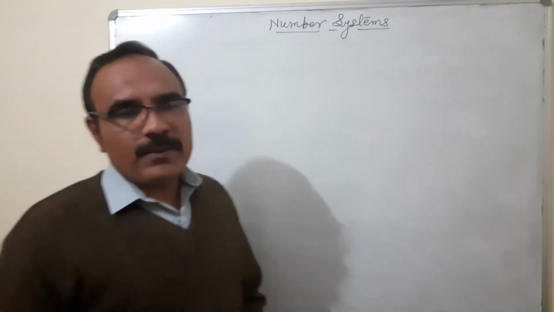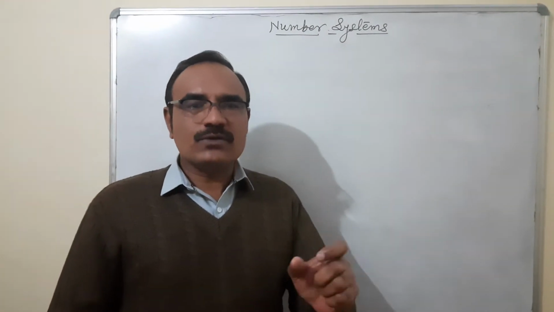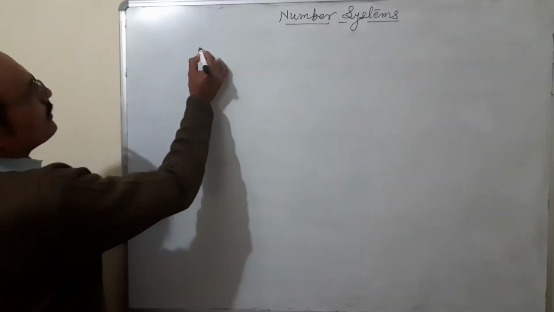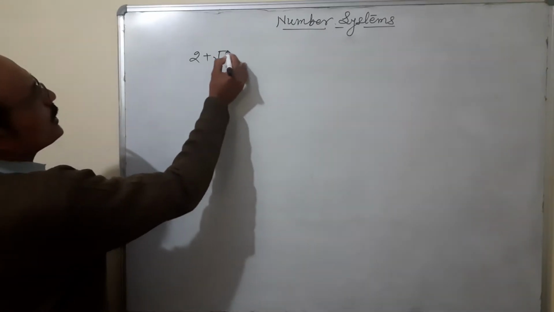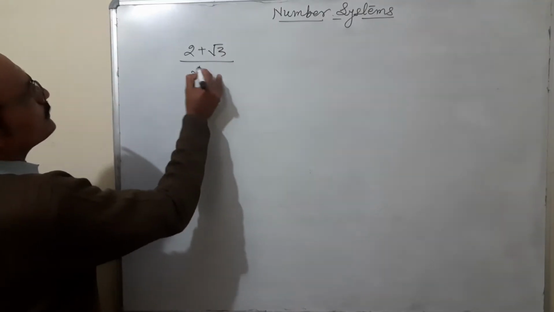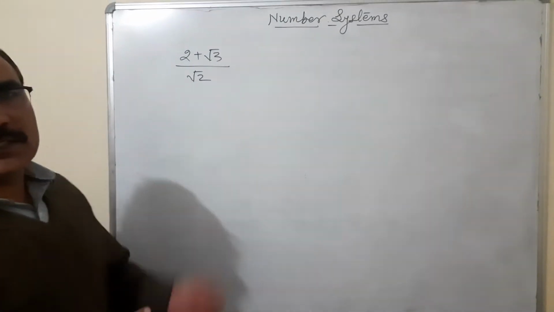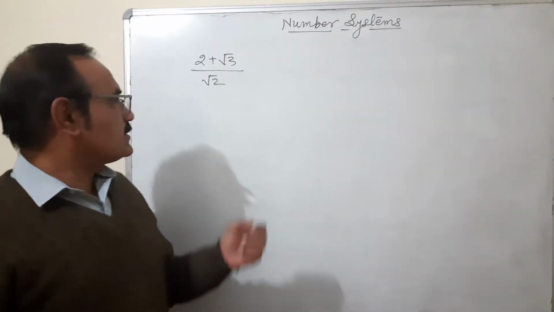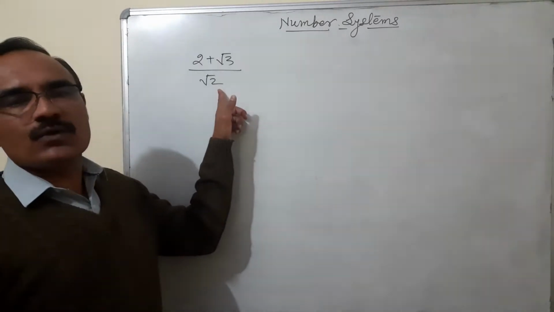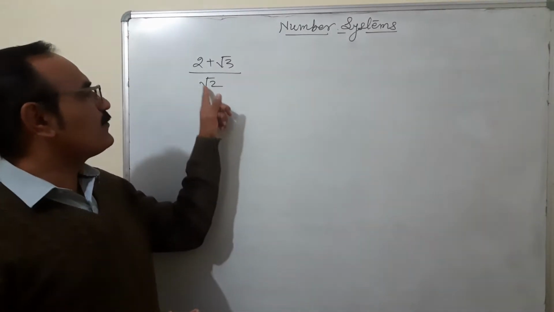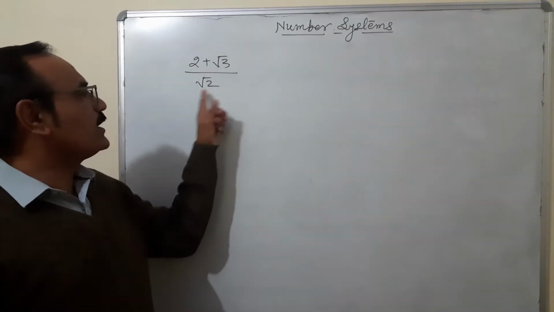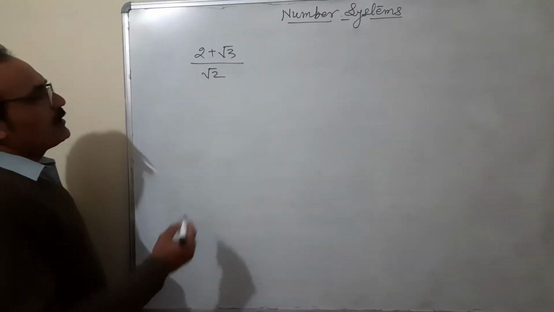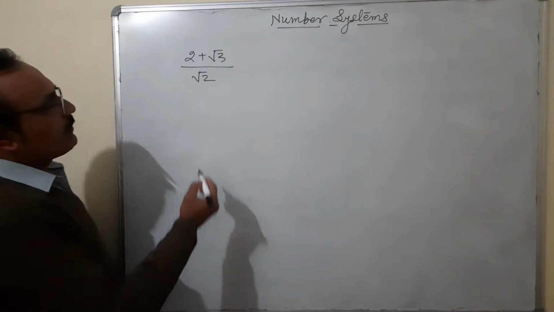In rationalization by denominator, there can be one number, two numbers or three numbers. First of all, suppose there is a number (2 plus root 3) upon root 2. If this is a question and we want to rationalize the denominator, that means we want to free the root 2 from being an irrational number. That means we want to free the number from the form of a root. So the simplest way is to multiply and divide